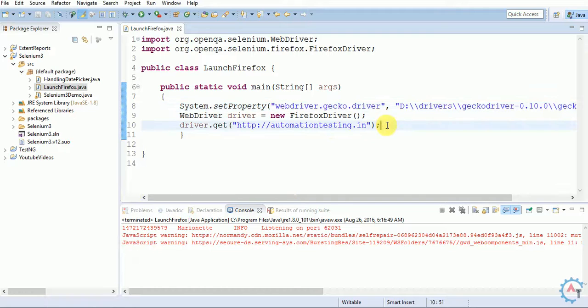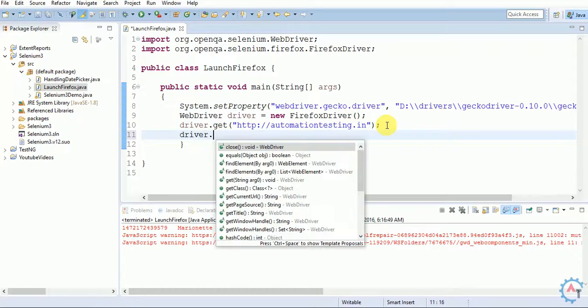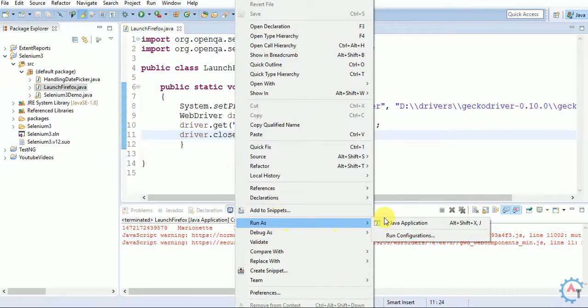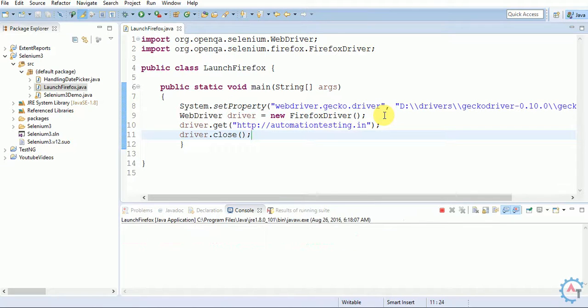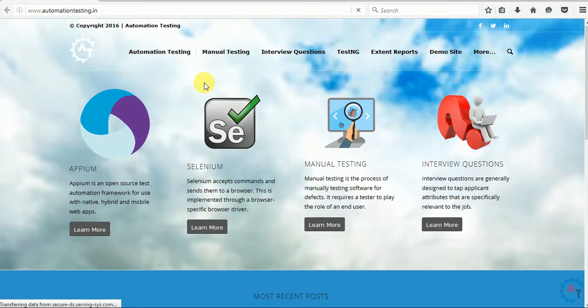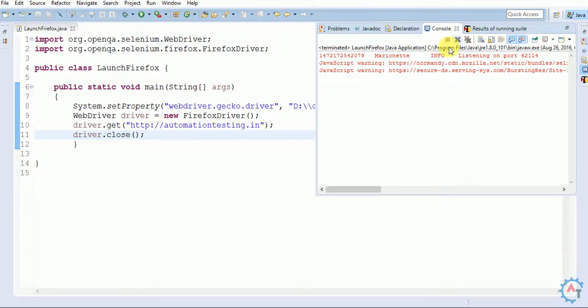Now we will see the issue. If you add driver.close and execute the same thing again, it opened the browser and navigated to automationtesting.in.